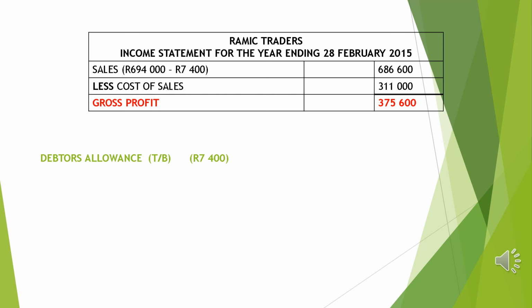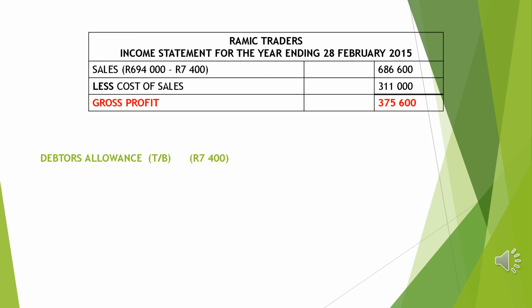Then less cost of sales. Cost of sales, we are looking at goods that were sold, but we are recording them at a cost price. We are saying to ourselves, this trading stock or this inventory is no longer with us, so we are derecognizing or we are acknowledging that these goods are no longer in our system. So we are crediting inventory and assets and debiting an expense, which is cost of sales, for an amount of